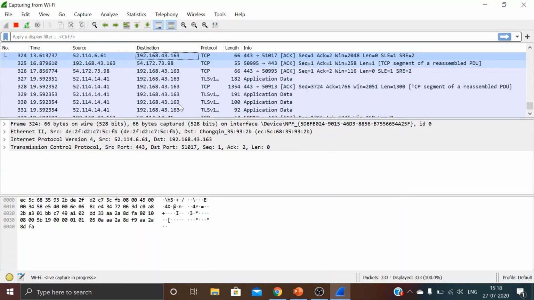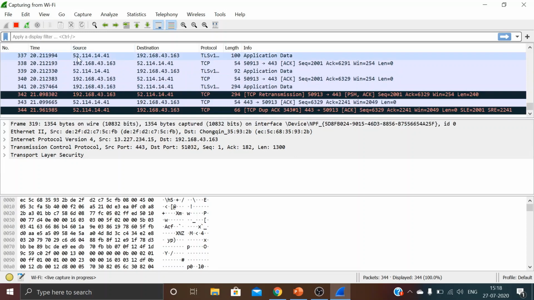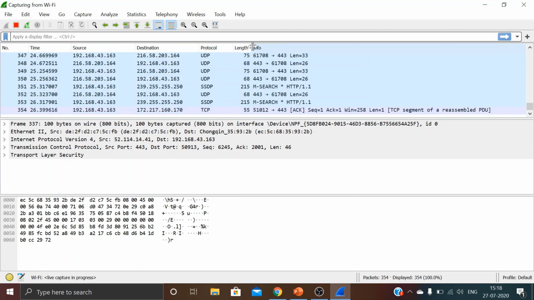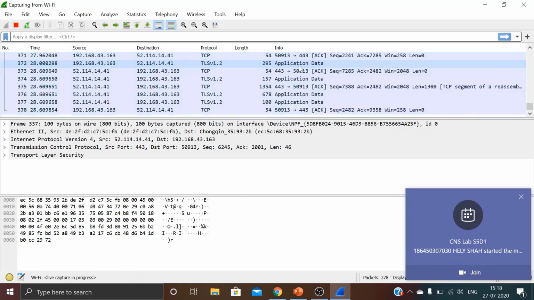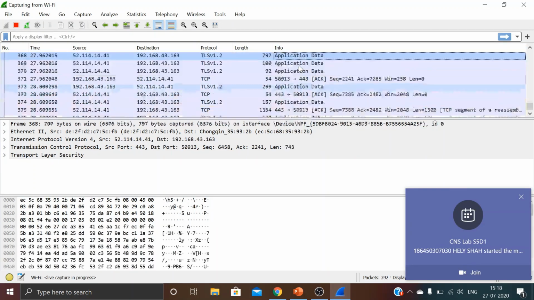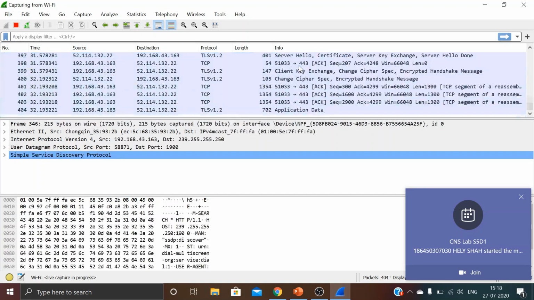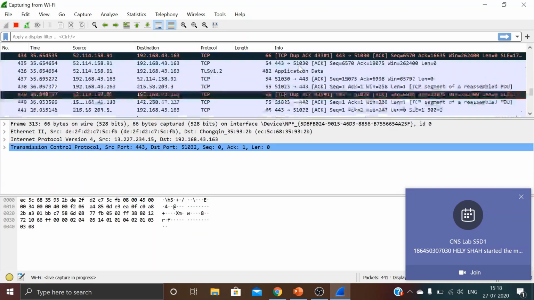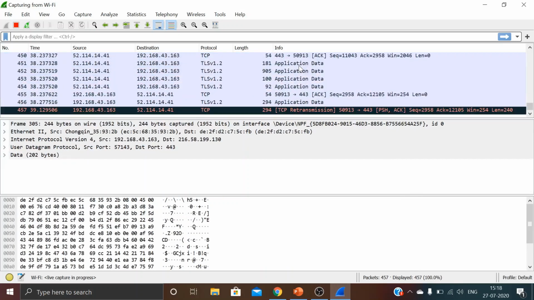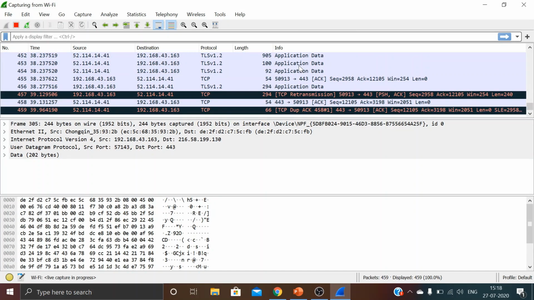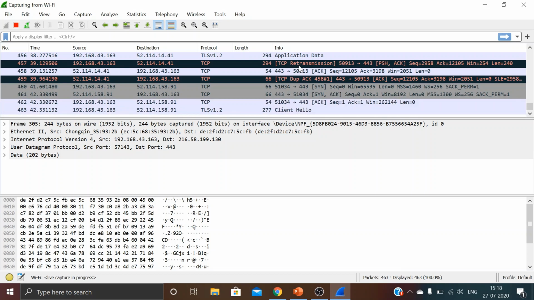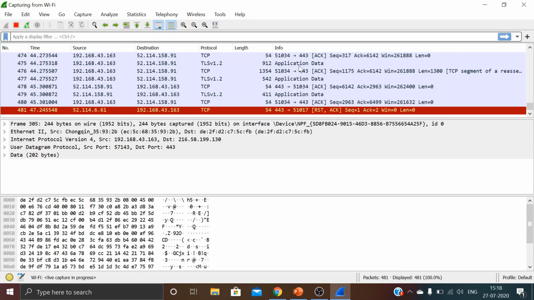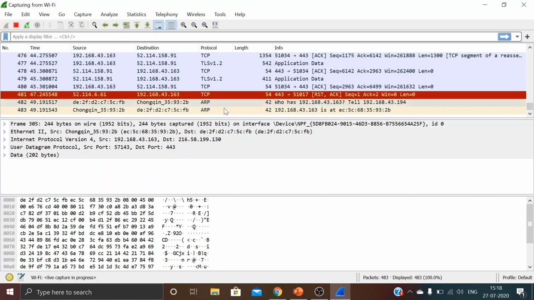Clear? You can see here the source addresses, the destination addresses, the protocols, the length of the packet and other information while capturing. So this is how you can capture packets in Wireshark. In this practical, what you need to do is first download Wireshark and WinPCAP. After downloading, install them on your machine and try to capture various packets on your machine.